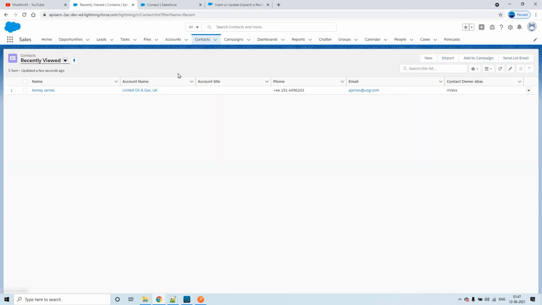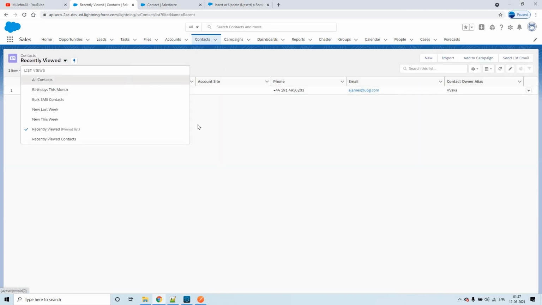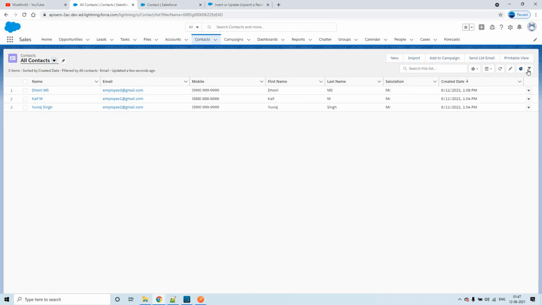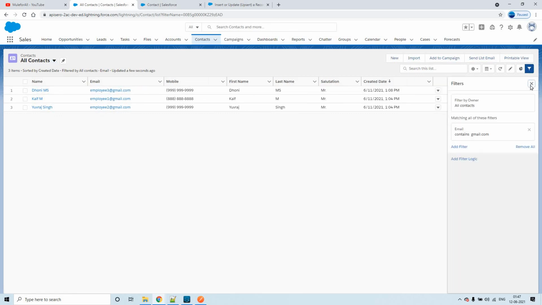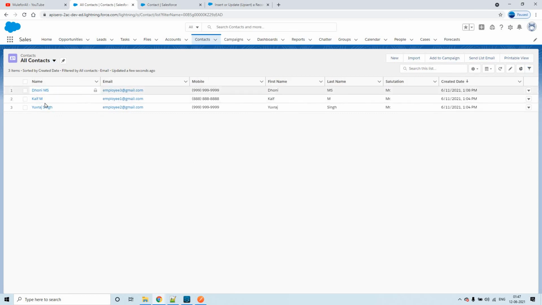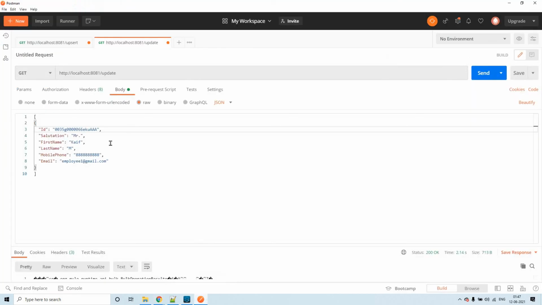If you go to contacts and click on all contacts, I have filtered this way, which we have already discussed. You see here now, instead of my name for employee1 at gmail.com, you could see Muhammad Kaif's information. So this is about update, and we can test a negative scenario as well.